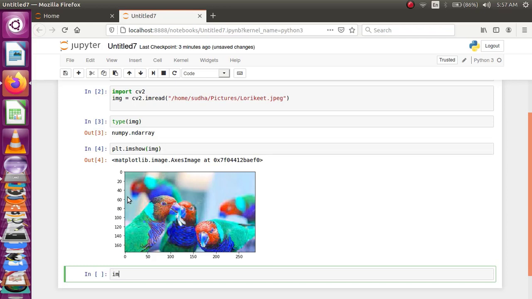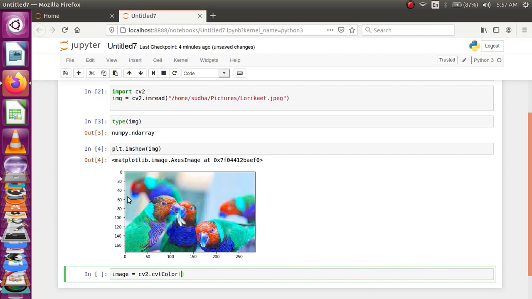Now, I am going to store my RGB image under the name image. For that, I am invoking the function cvtColor, which converts the image from one color to another.